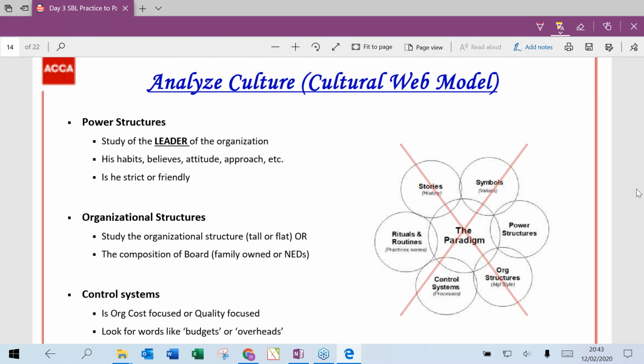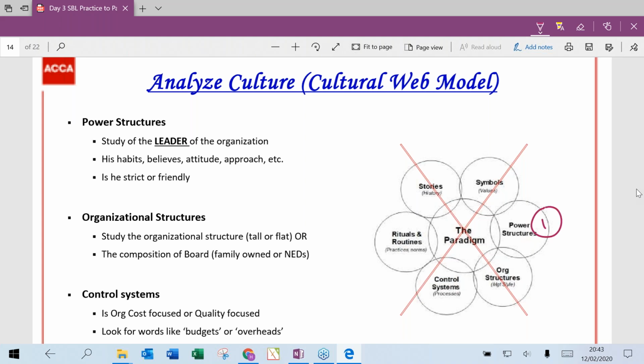So now, as an outsider, supposing I want to analyze the culture prevailing in a particular organization. How can I analyze the culture of an organization? I can use a model called the Cultural Web Model by JS and W. Okay, so the Cultural Web Model is a model which helps us to analyze the culture prevailing in an organization. All right, and I think there are 6 items. So if you see this diagram,